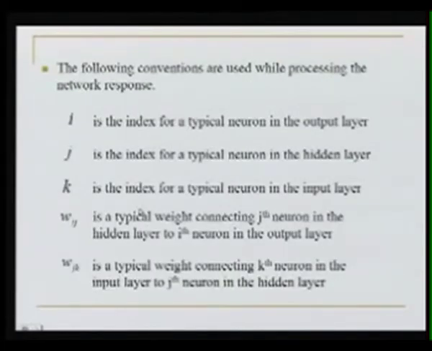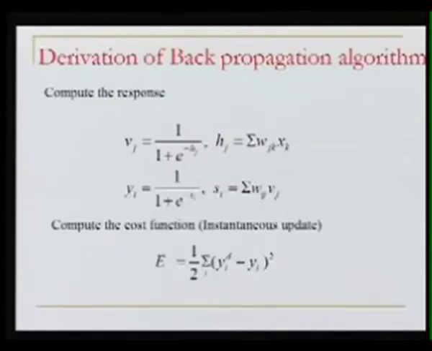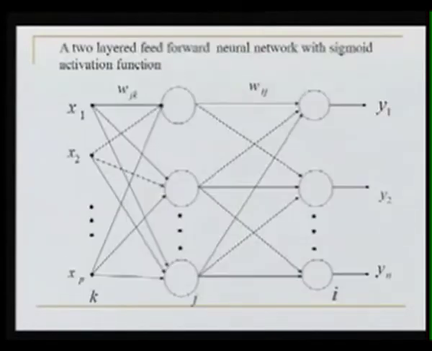So, this is again the convention that we will use. I is the index for a typical neuron in the output layer. This you can see here. I is the index for the neurons used in this output layer. J is the index for the neurons used in the hidden layer, and K is the index for the input patterns,